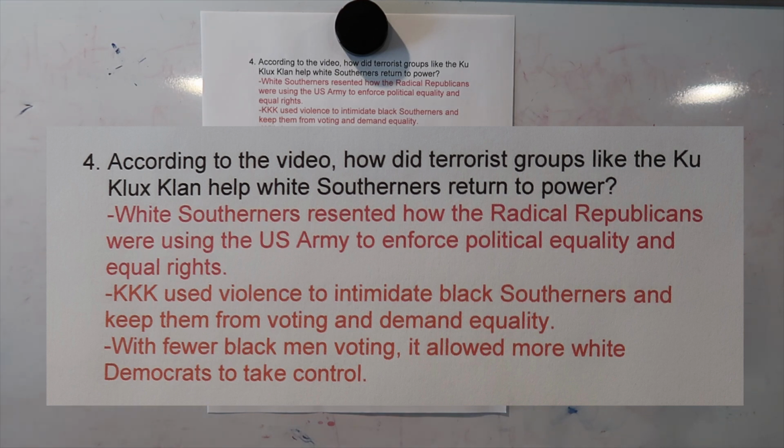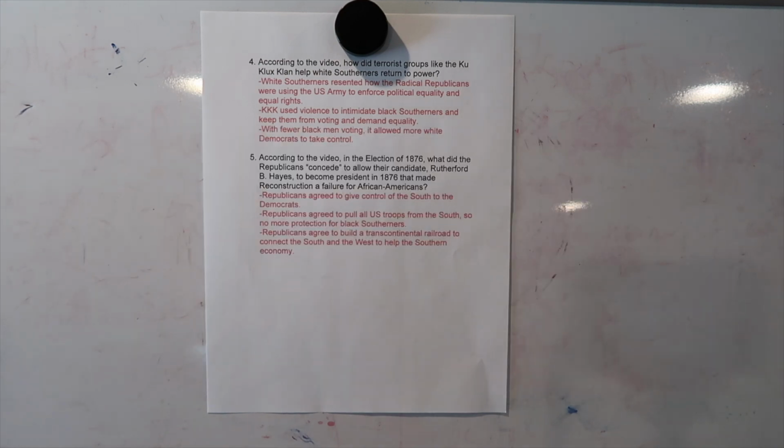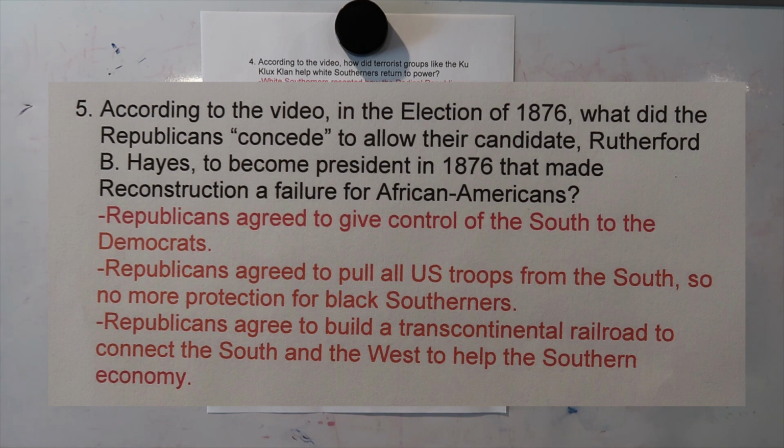And then, of course, because people were scared to go vote because they might get a visit from the Ku Klux Klan, we have fewer Black men voting. It allowed more white Democrats to take control of the South. So a great time to pause if you want to write down some ideas for question number 4. And on question number 5, it says, according to the video, in the election of